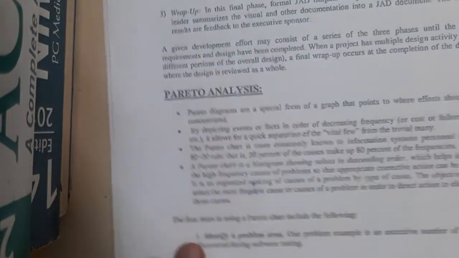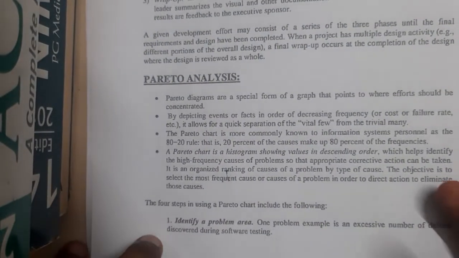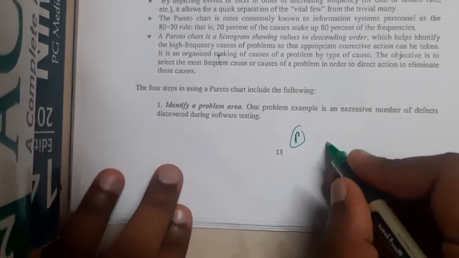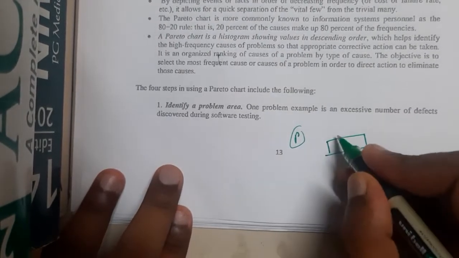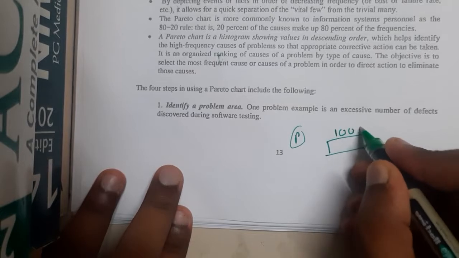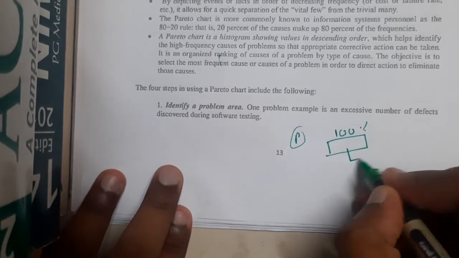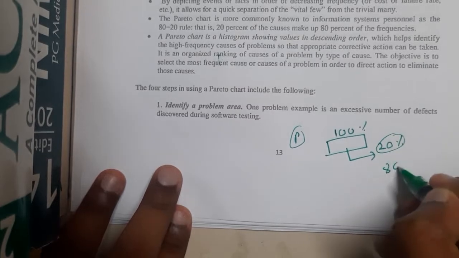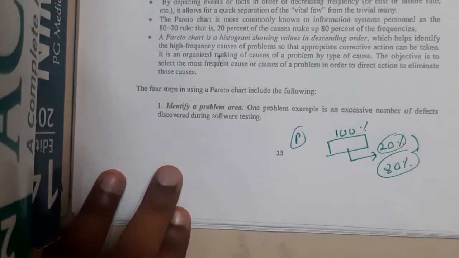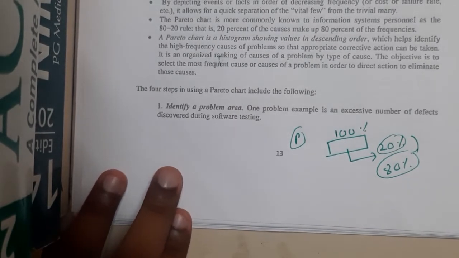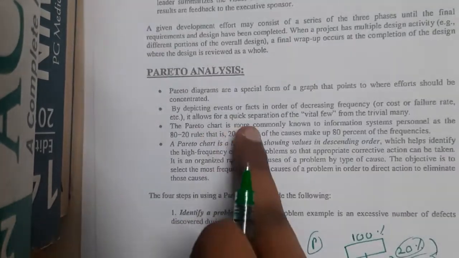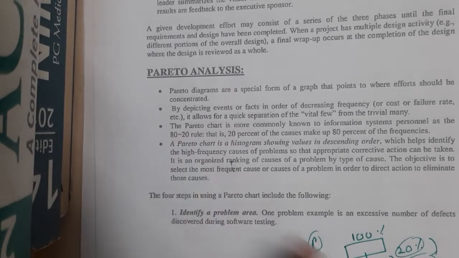The next concept is the Pareto principle or Pareto analysis. The Pareto principle states that if there are 100 issues or bugs in your code, and you resolve 20% of them, automatically the rest of the 80% will be removed. This concept is called the Pareto principle, guys. There is even an analysis method that you can go through, guys. The same is here.